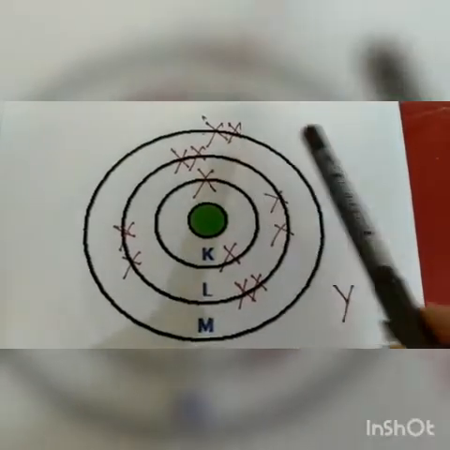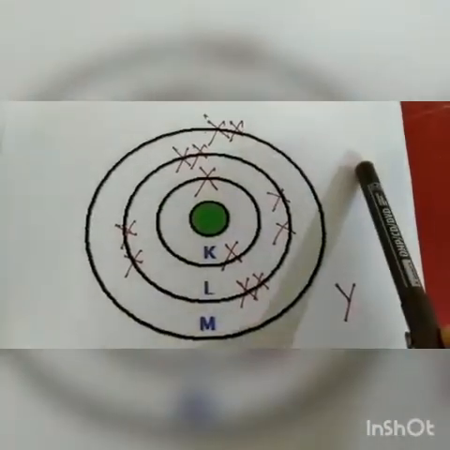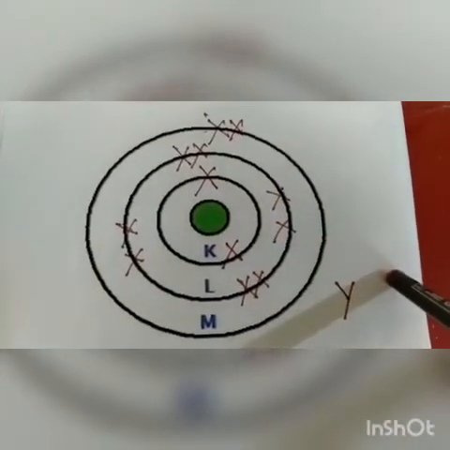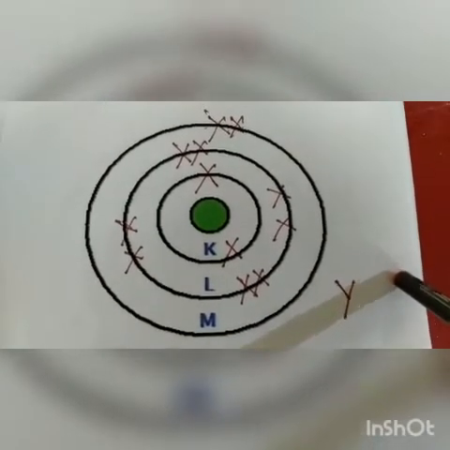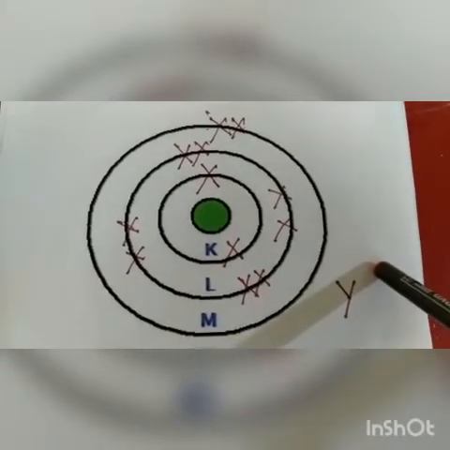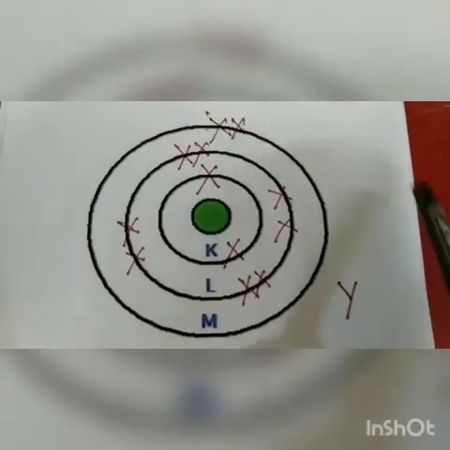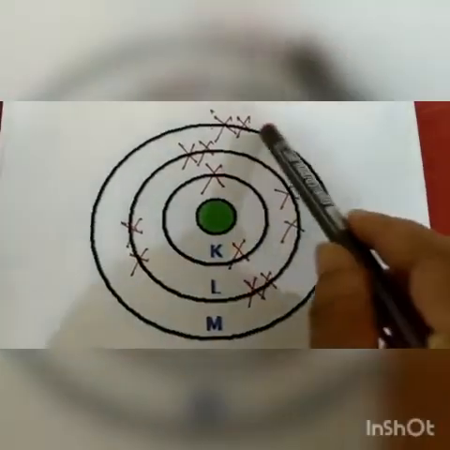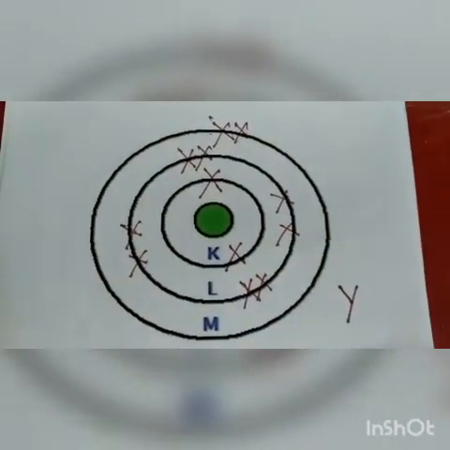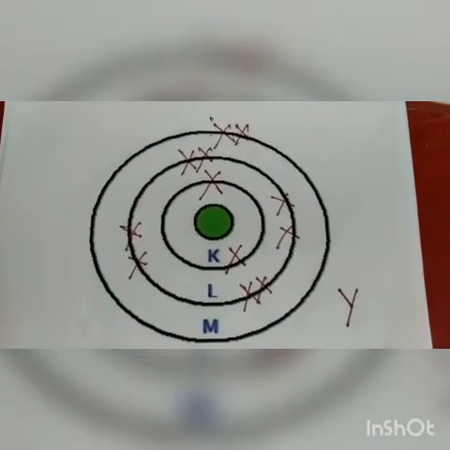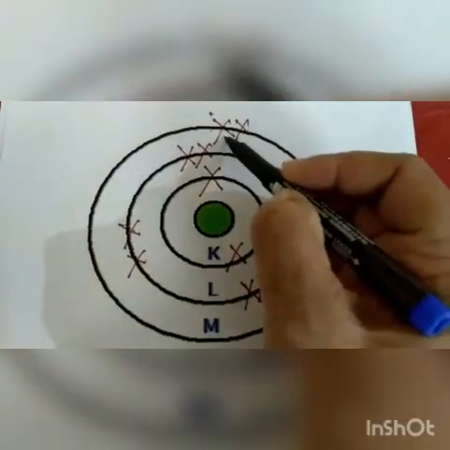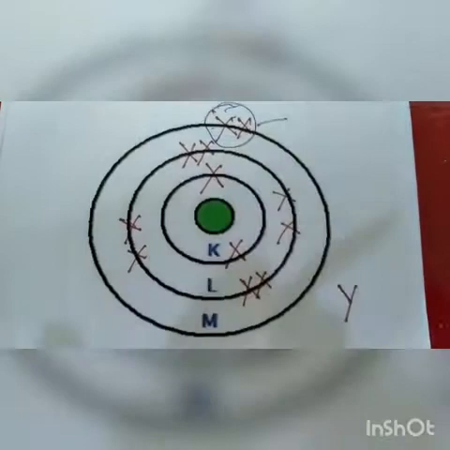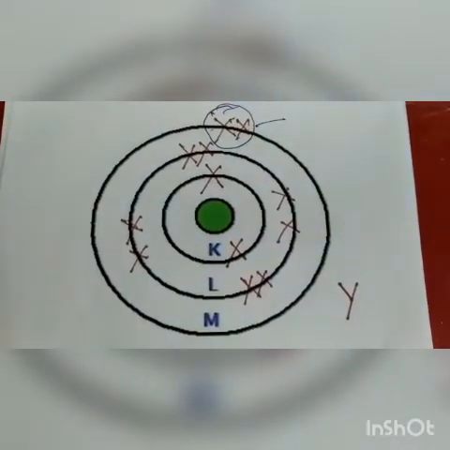Because if this atom Y loses 2 electrons, what will happen? It will have 2 shells and both the shells will be completely filled and the atom will be stable. And gaining 6 electrons will need a lot more energy than losing 2 electrons. So what this atom Y does, it loses these 2 electrons. These 2 electrons are lost by this atom Y to some other atom.